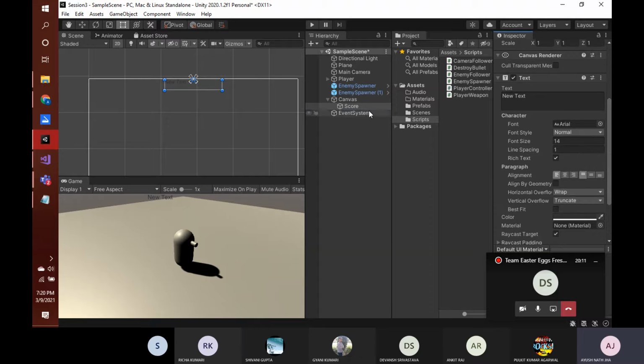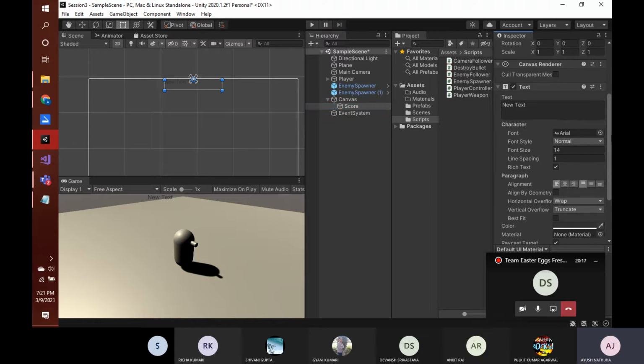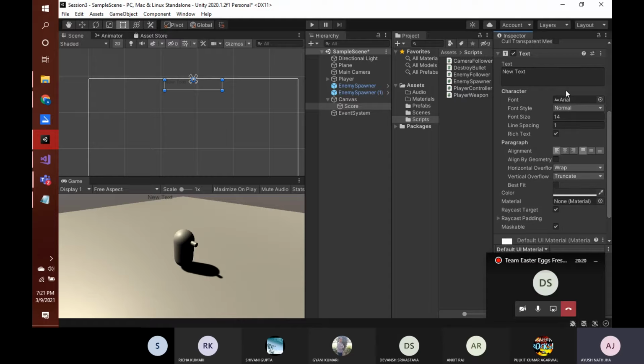In this score element which we added, which is a text type element, after the rect transform, we have this text component. This text component holds all the properties of the text that will be displayed here. What text will be displayed here is controlled by this text property. Here it is written new text, so that is why it is showing new text. This is the default one. Now if I delete this and type hello, then you see that hello will be displayed. This is how you can set the text, and we will be using this property of the text component to show the score here, and update the score here from our script.